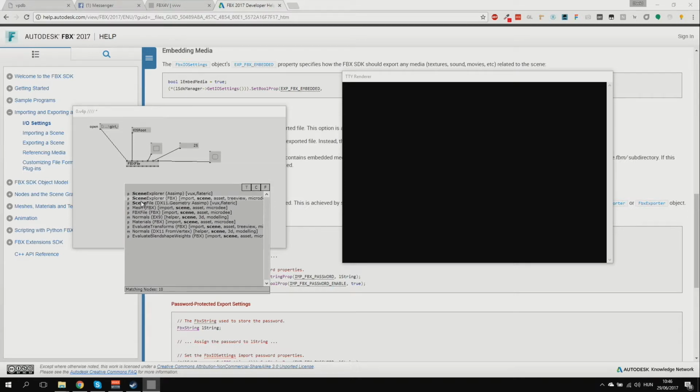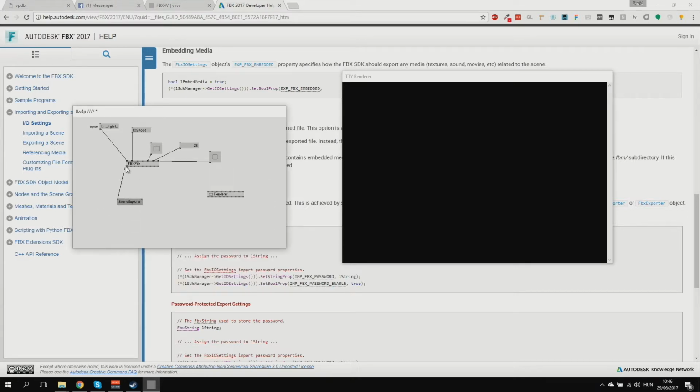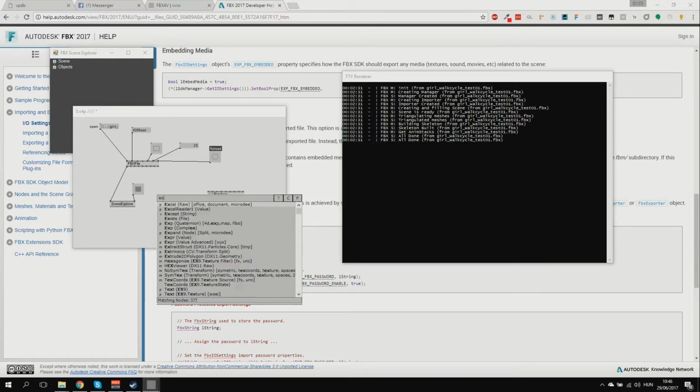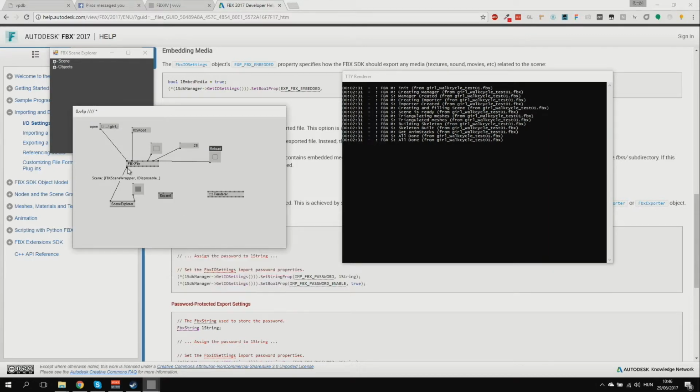Scene Explorer FBX. So if I hit reload now, you can see it will put some information for me in the TTY as well. And so if I expand this scene again,